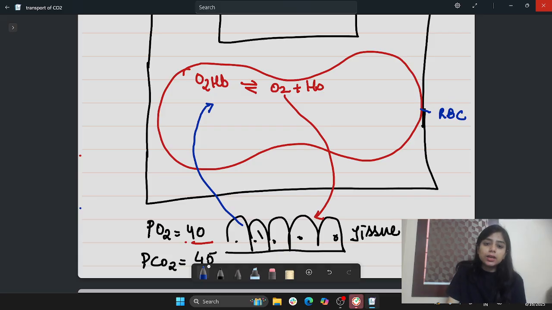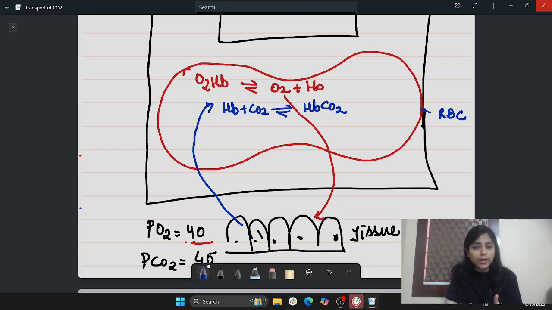That the Hb will bind with the carbon dioxide in a reversible manner to form HbCO2. Fine, number one. Number two, what happens here? When the carbon dioxide enters into the RBC, there is the presence of water inside the RBC. So what happens here? It binds with the water to form carbonic acid in presence of